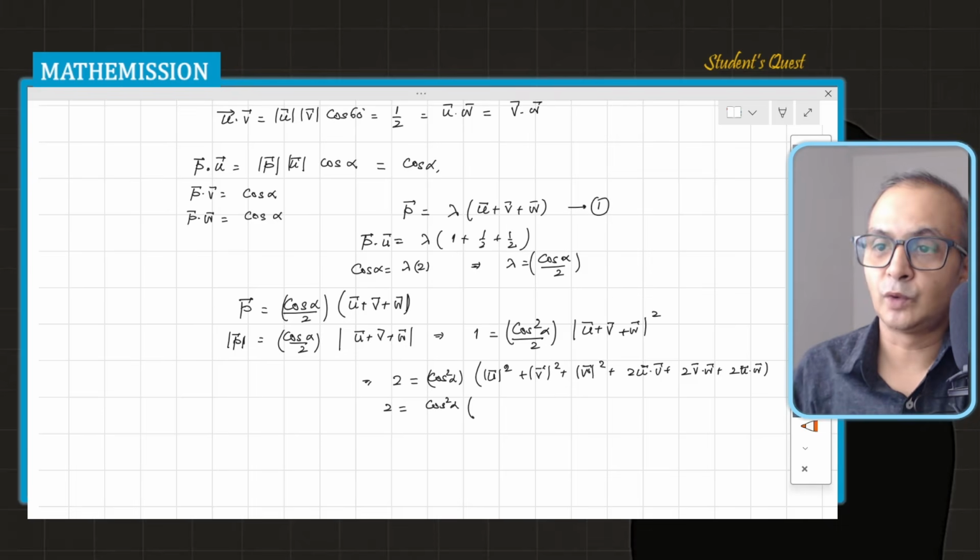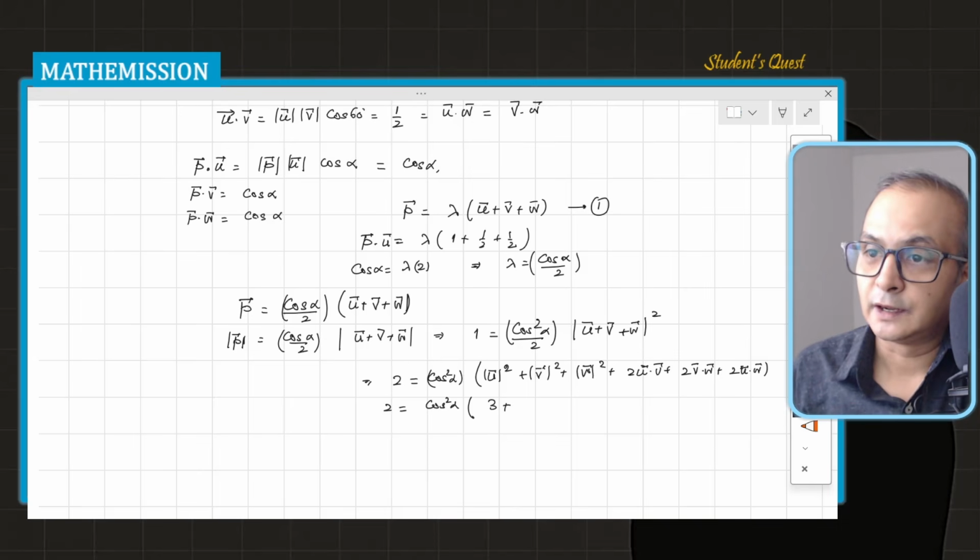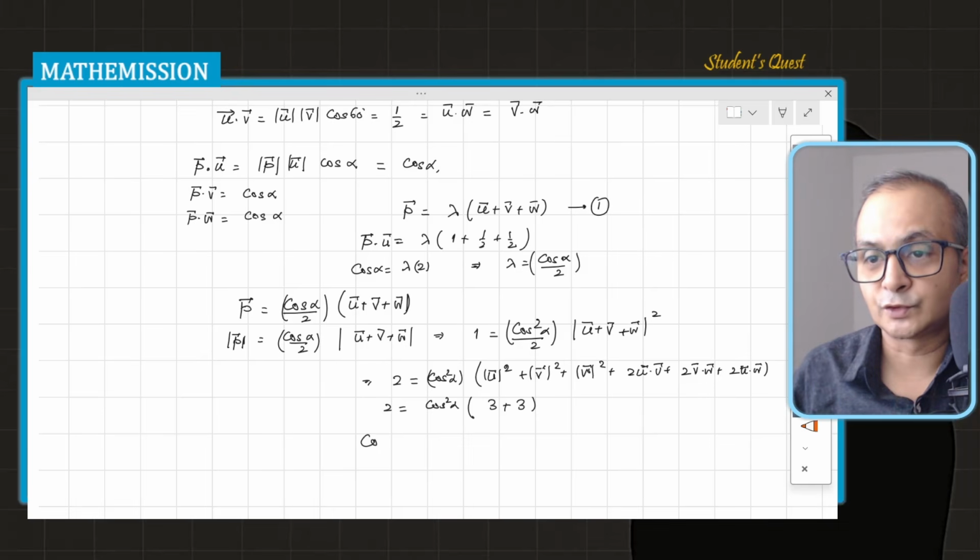So this is going to be 1 plus 1 plus 1, that is 3. And this is also half, because each of these quantities is half. So this will become again 1 plus 1 plus 1, so that will become again 3. So cosine square alpha, what I'm achieving is 2 by 6, that is 1 by 3. Therefore,